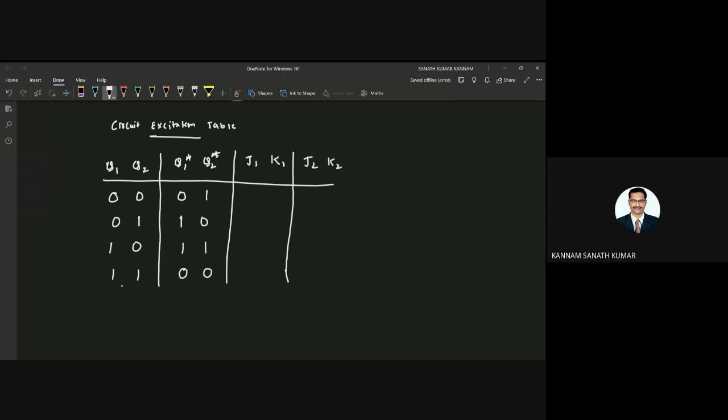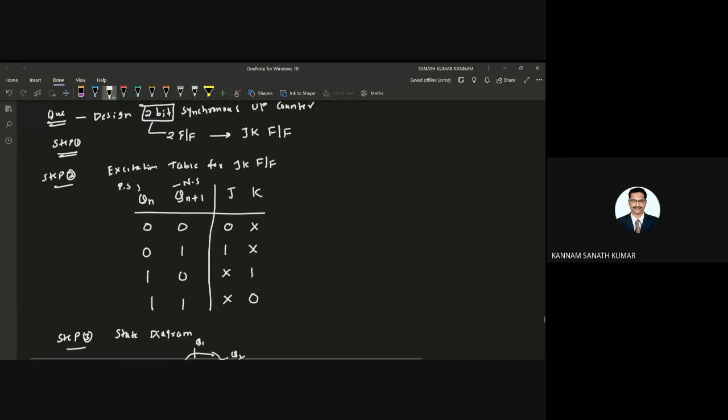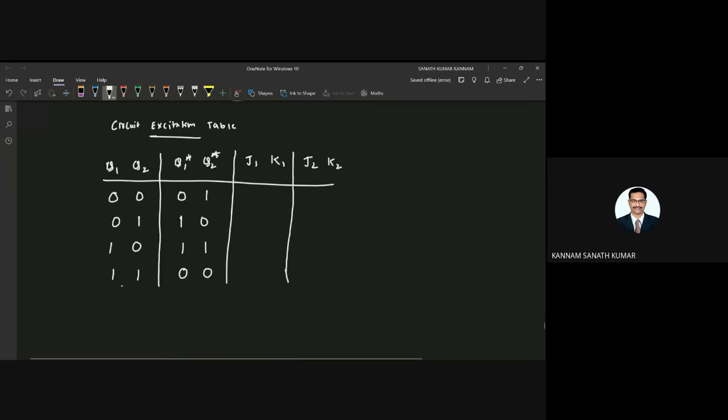After drawing, you need to use this excitation table for the JK flip flop. This is the present state and this is the next state. So 0 0 means 0 don't care. When it is 0 1, it is 1 don't care. 1 1 means don't care 0, and 1 0 means don't care 1.